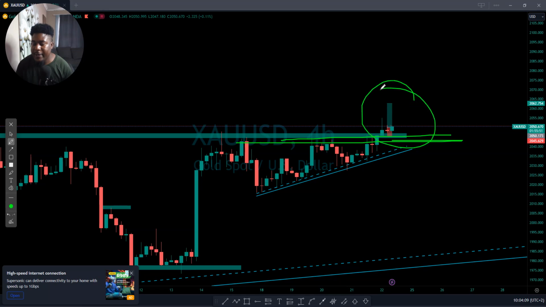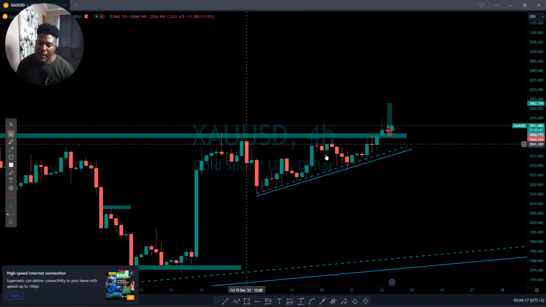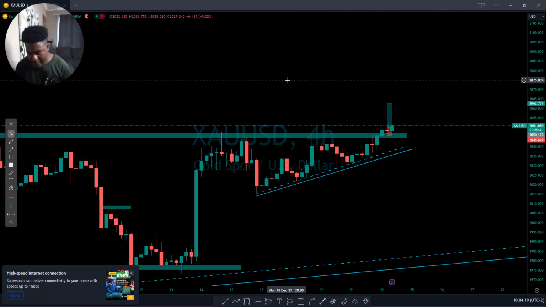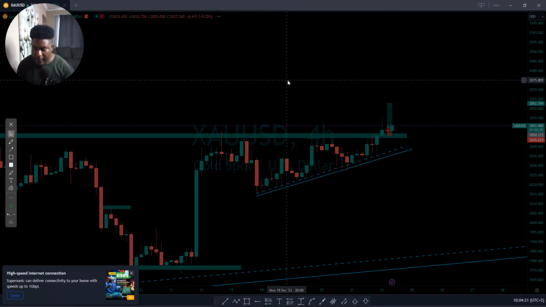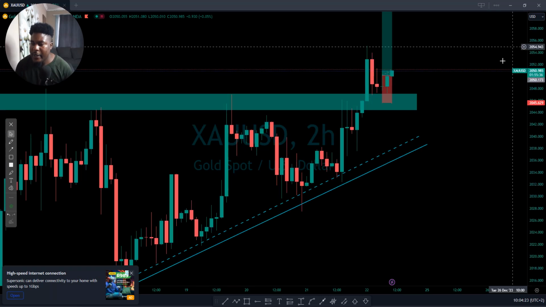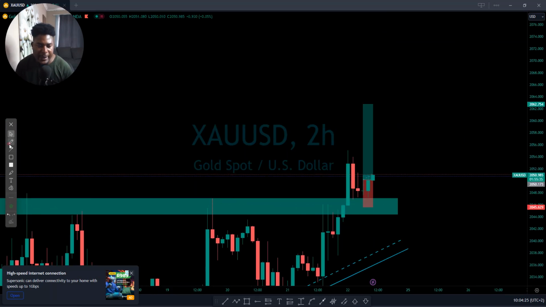We already have a trade. We don't miss. We already have a trade, so we're expecting the market to do what? To push to the upside. So we will see you in 2024. You can see that I just sent this pending order. I did not really see it when it was around this area because I was asleep, because I was tired. So I'm expecting to see some very nice push to the upside.